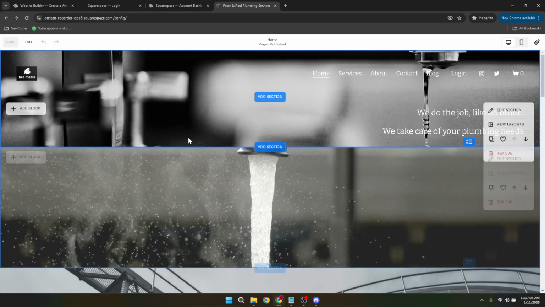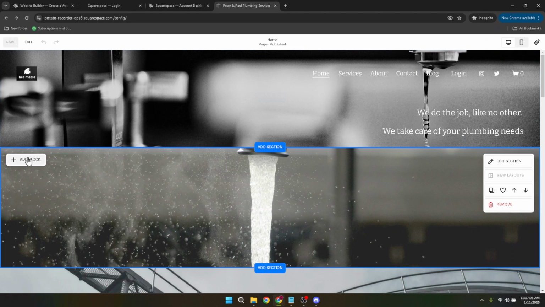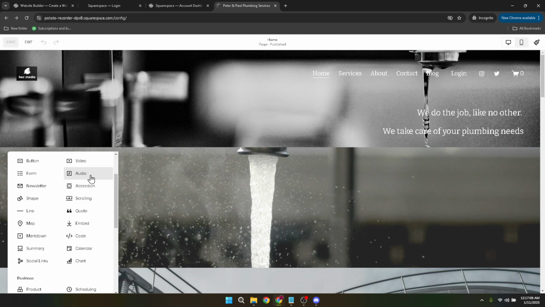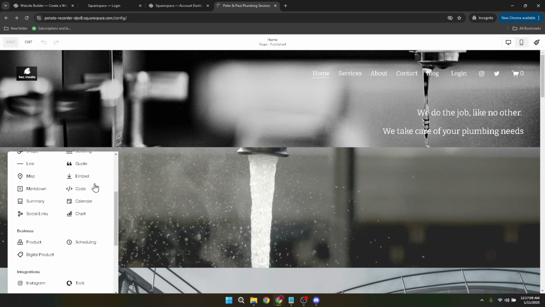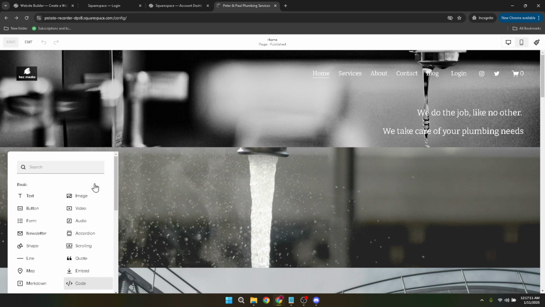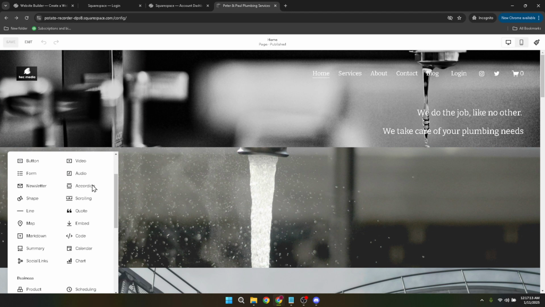Next, it's time to add a hyperlink. To do this, you'll need to add a content block. Look for an option that says Add Block. This will allow you to introduce new content elements to your page. Once you find it and click, a variety of options will appear. You're going to choose Content Link from this menu, which is specifically designed for creating hyperlinks within the body of your page content.